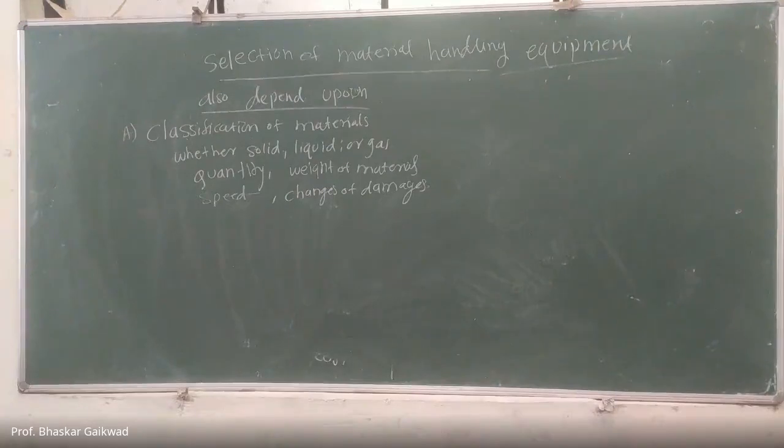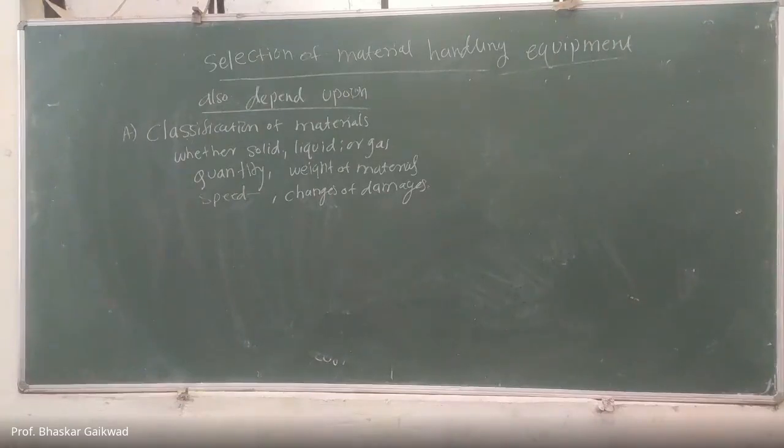Examples, you can take the automobile industry, solid parts are there. So how much material, 1,000 tons we have to transfer from the heat treatment unit to the grinding unit. Within how many hours, within 1 hour we require this material, maximum speed is there. Any chances of damage, no damage, so you can lay down any continuous type of conveyors. So this is the example of the first part while selecting material handling.